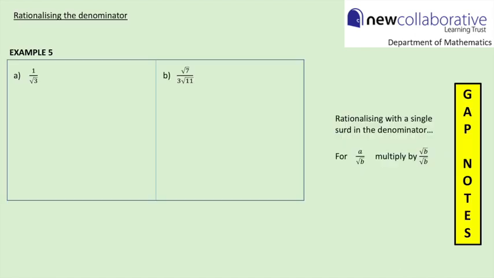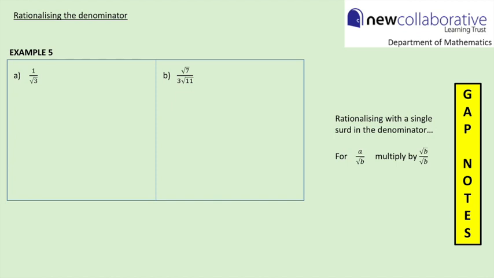We will often encounter fractional expressions that involve surds. And convention in mathematics is that we write these expressions in such a way that the denominator does not involve a surd. And the technique we use for ensuring that we write these expressions in the required way is called rationalizing the denominator. Now, these two examples are relatively simple examples, and the technique we would use here would be